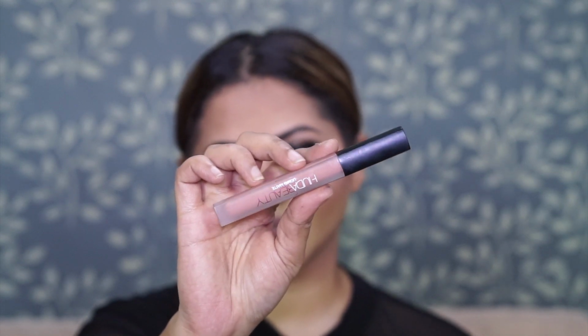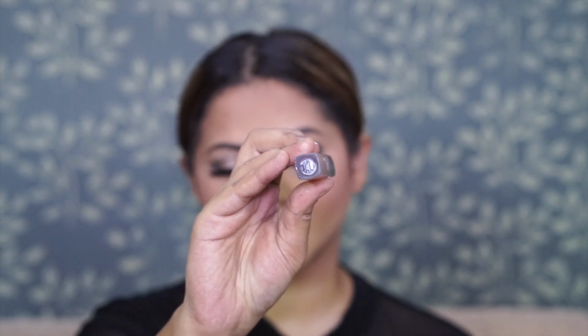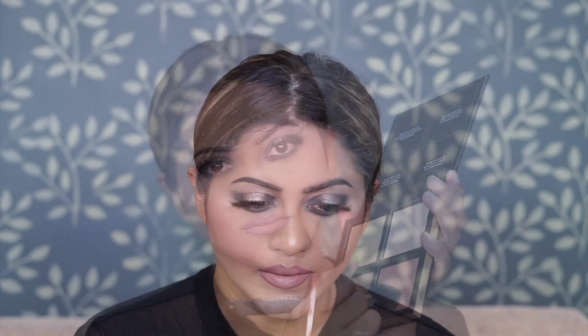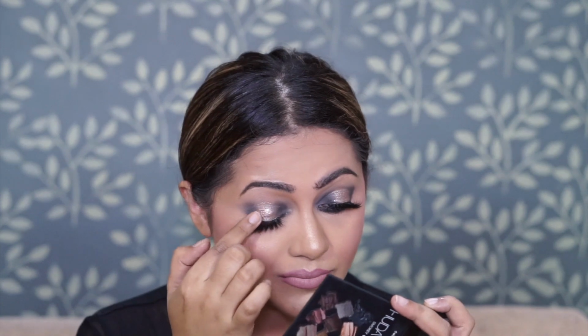And then I'm using the liquid lipstick in the shade Sugar Mama. I wanted a very subtle pale purple kind of pink color on my lips, so this helped me get the exact lip color I was looking for. So many of you asked me on Instagram what is the color, and yeah, it is a mix of these. And then I'm just going to add a little more of that blush and also intensify the lid color,